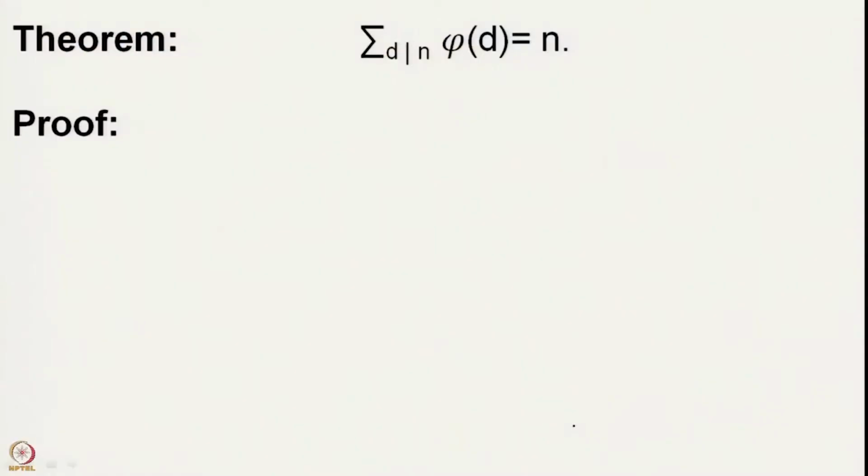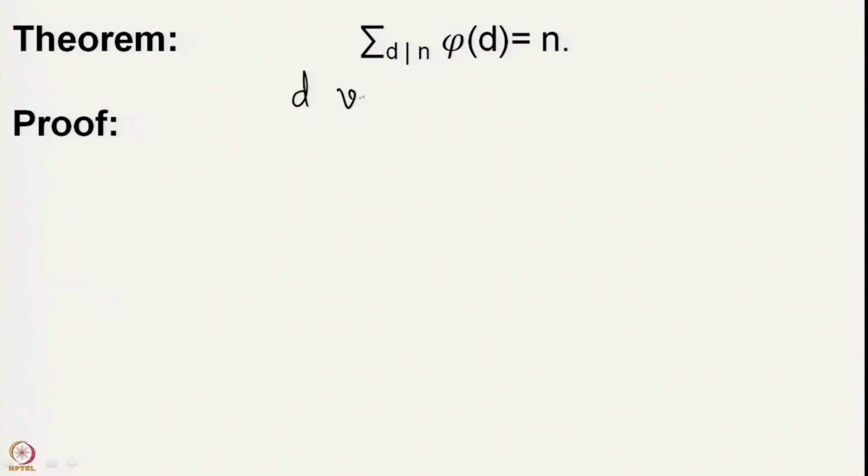But to begin with, there is one very nice relation with the Euler phi function and the number n that we have. So, this is one very basic and very standard result which we are going to state and prove. The result says that when you are taking summation of phi d, where d varies over divisors of a particular number n, then the answer you get is equal to n. So, here